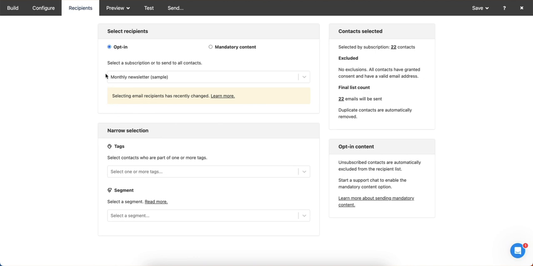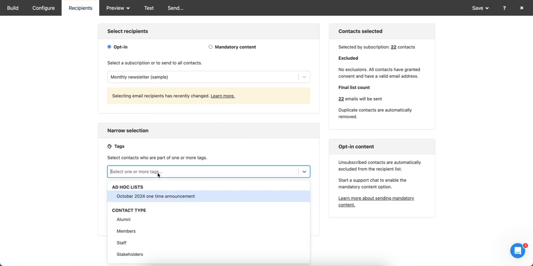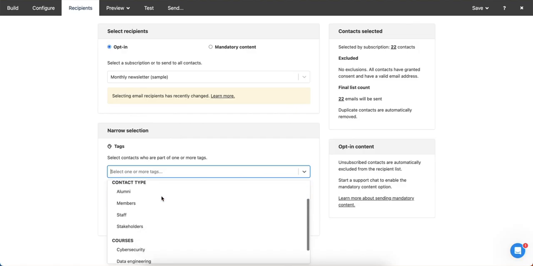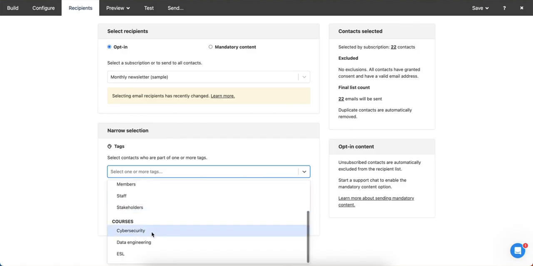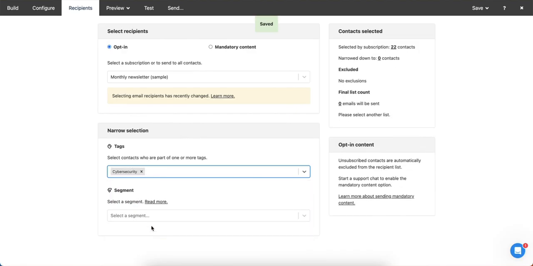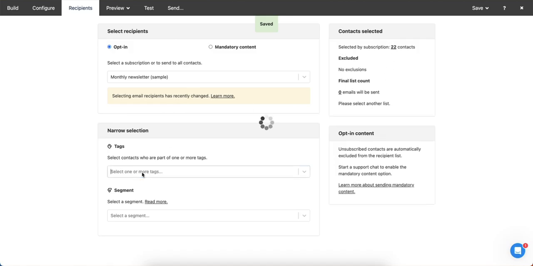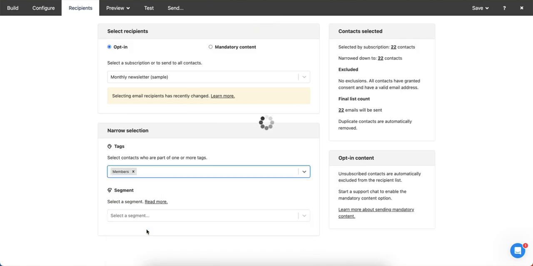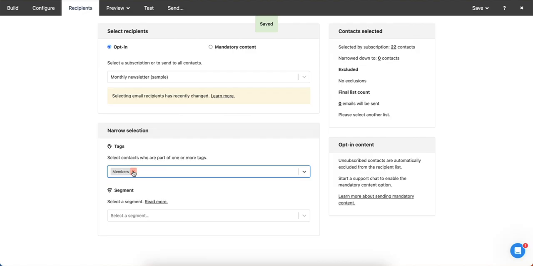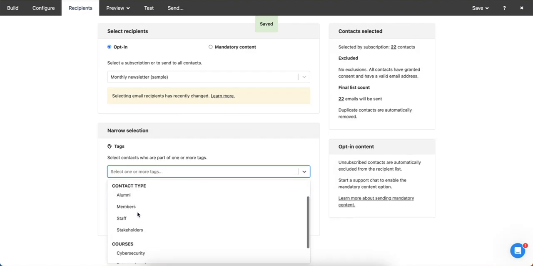So for example, if you want to send the message to newsletter subscribers, but only those contacts who are also taking the cybersecurity courses, then you can narrow down by tags, and you can add more than one tag here. And right now there are also no exclusions here because this is a sample account. A lot of these actually don't have any